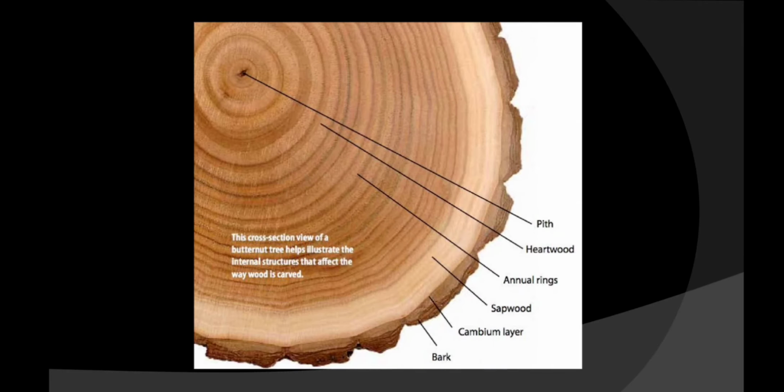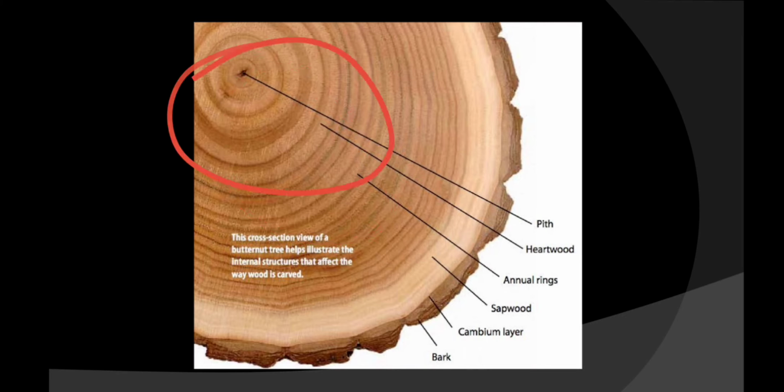Then there is heartwood in the center and the sapwood towards the periphery. This one, which is in the center, is the heartwood. This wood is because of the secondary xylem, which is older, and the older xylem gets filled with accumulated organic materials like tannins, resins, oils, gums, some essential oils, due to which this wood becomes very hard and durable and also resistant to the attack of microorganisms and insects. This wood is known as the heartwood.